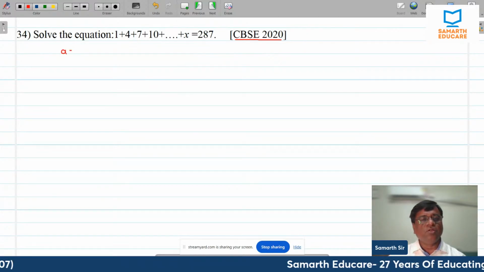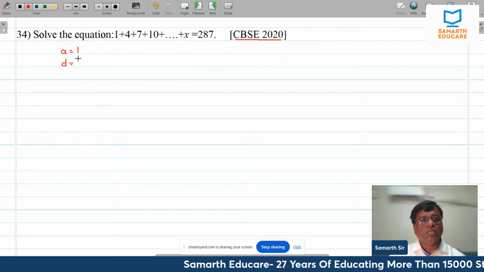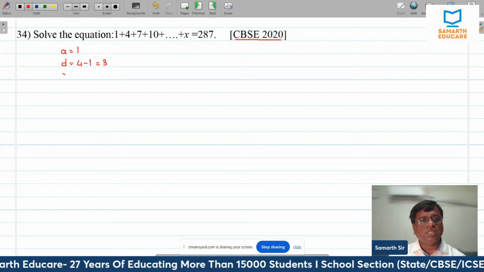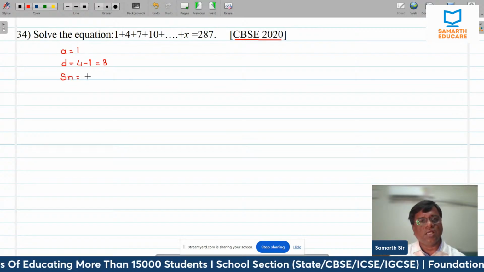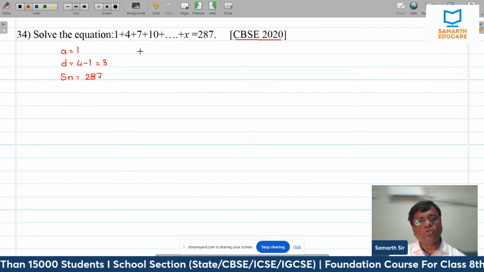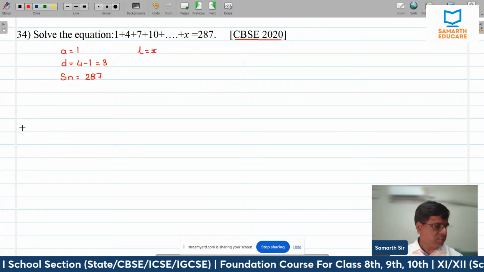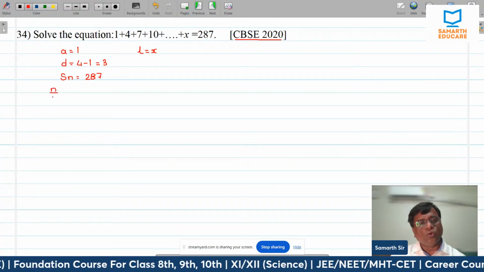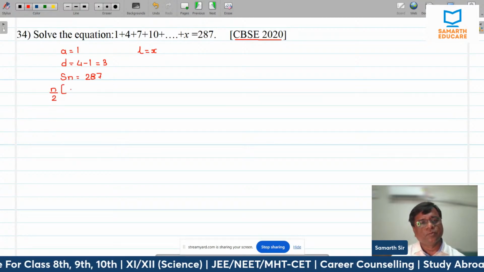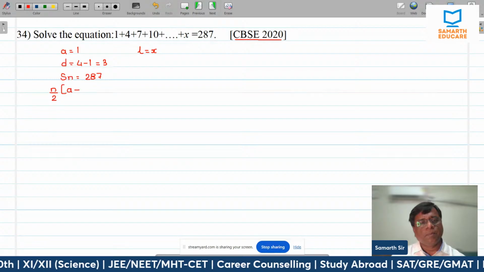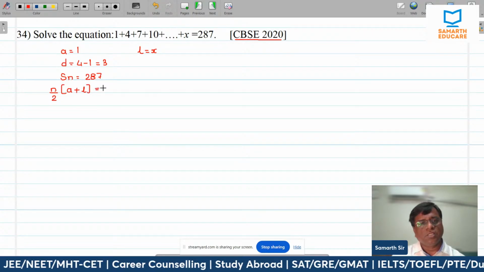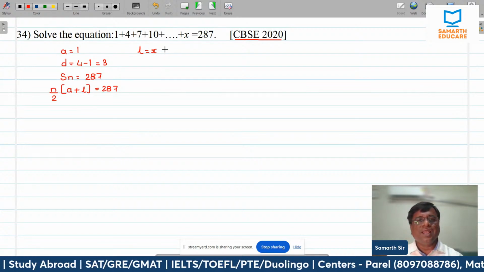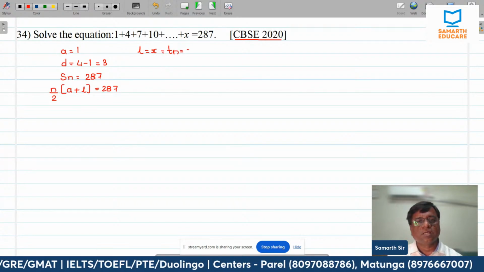That means the value of A is 1, the value of D is 4 minus 1, which is equal to 3. And Sn is given to us as 287. Also, you can see the last term is x. The last term is x. And we don't know the value of n. So, n upon 2 into (A plus L) is equal to 287. Now, first of all, because L or the nth term is x,